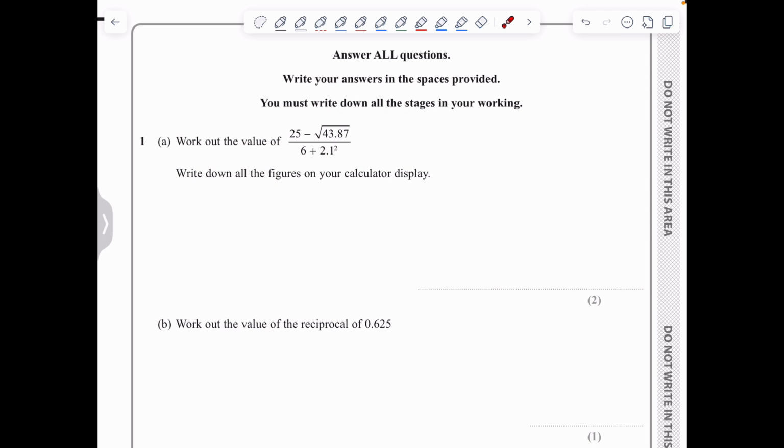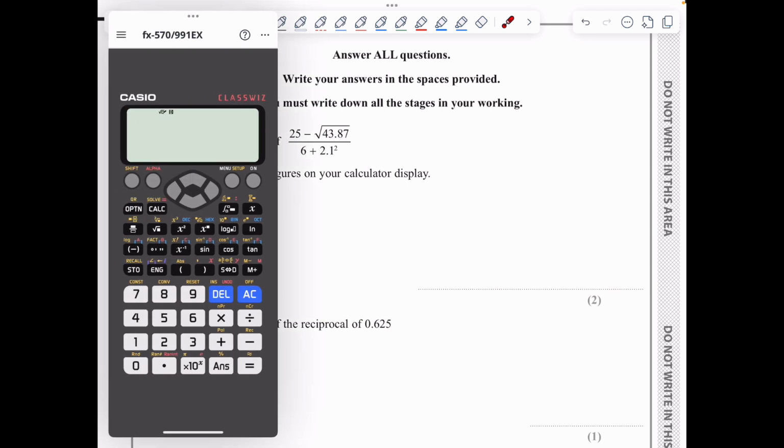In 1a, we are asked to work out the value of 25 minus the root of 43.87 over 6 plus 2.1 squared, and we need to write down all the figures on the calculator display. So let me go on my calculator. We've got in the numerator 25 minus the square root of 43.87, and in the denominator we've got 6 plus 2.1 squared. So we've got an answer of